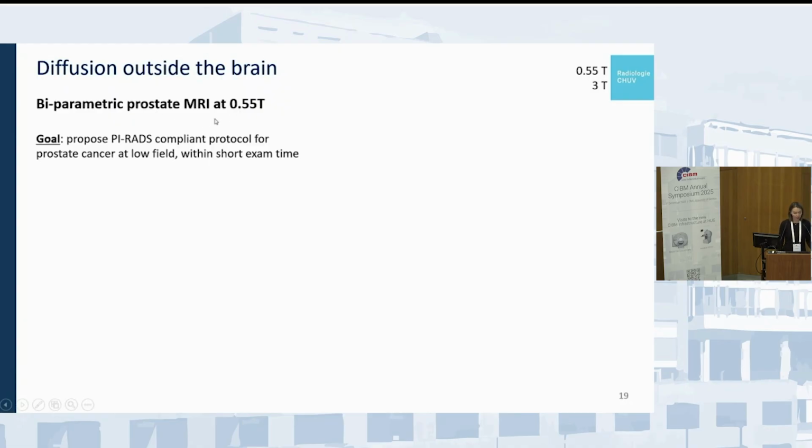on the FreeMax. And so the goal here, of course, as also Margaret pointed out, prostate cancer is a huge societal concern. And so being available to do prostate screening on a low field scanner, which is cheaper and maybe more available down the road, is very important. And so we wanted to propose a PIRADS compliant protocol for this screening at low field within still short exam